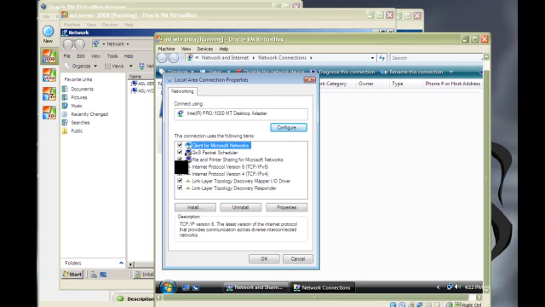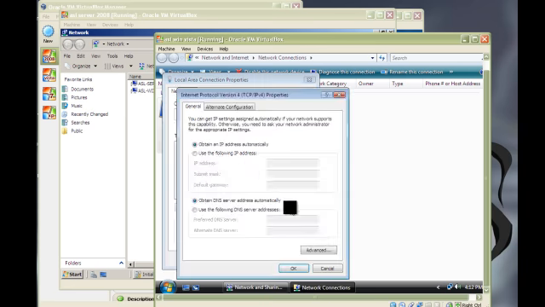Now we go to the IP version 4, click on it, go into properties, and we enter in using the following IP address of the